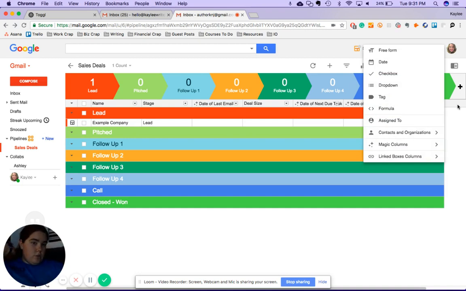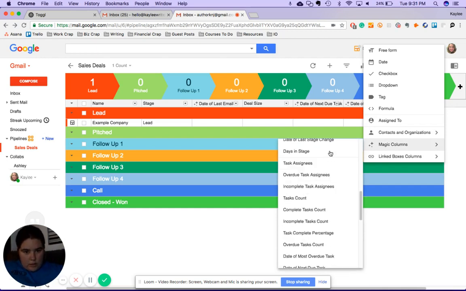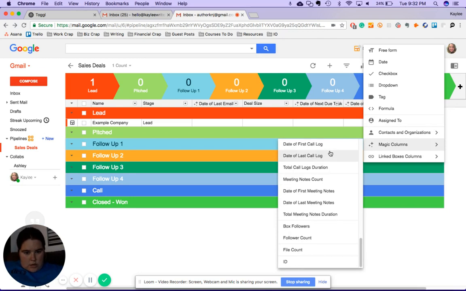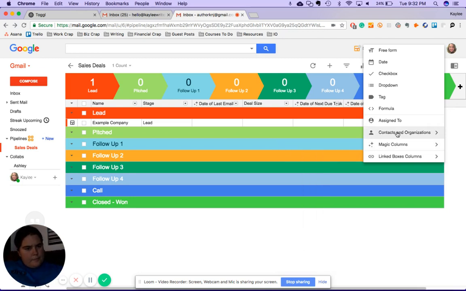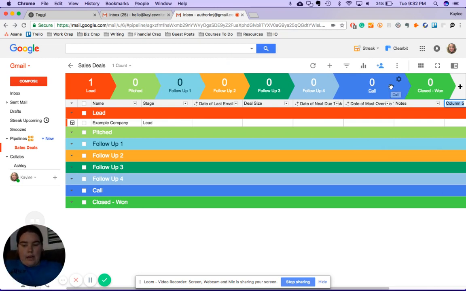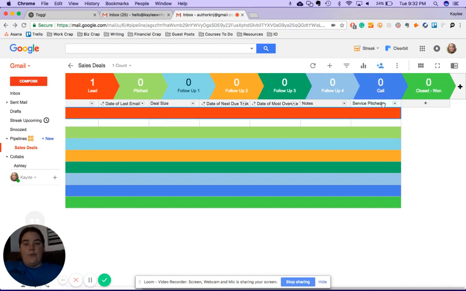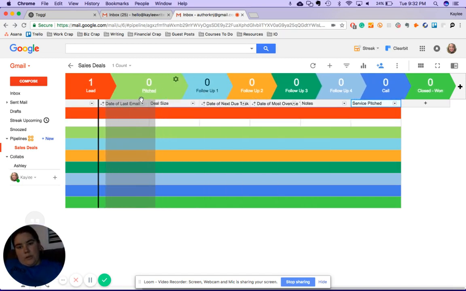And then I also want you guys to add, let's see, where is that box? I added a drop down. It is my big one, and it's my favorite. And this is actually what I put, and I know you guys can't actually see that, but I put service pitched. Now, this is really helpful for me, especially when I move it over here,